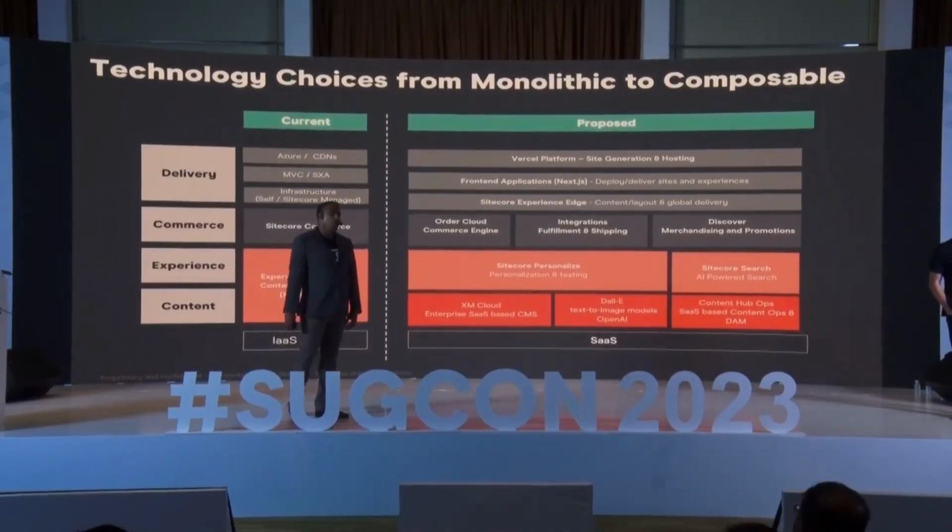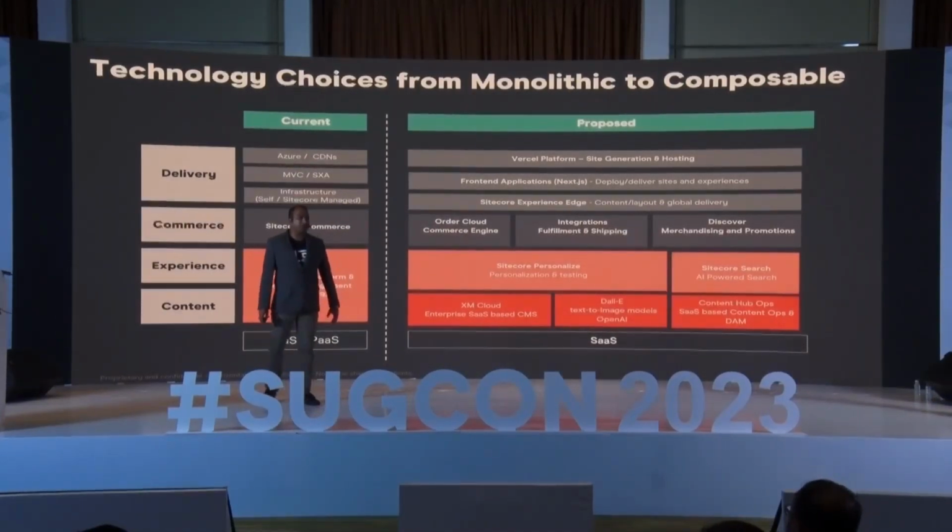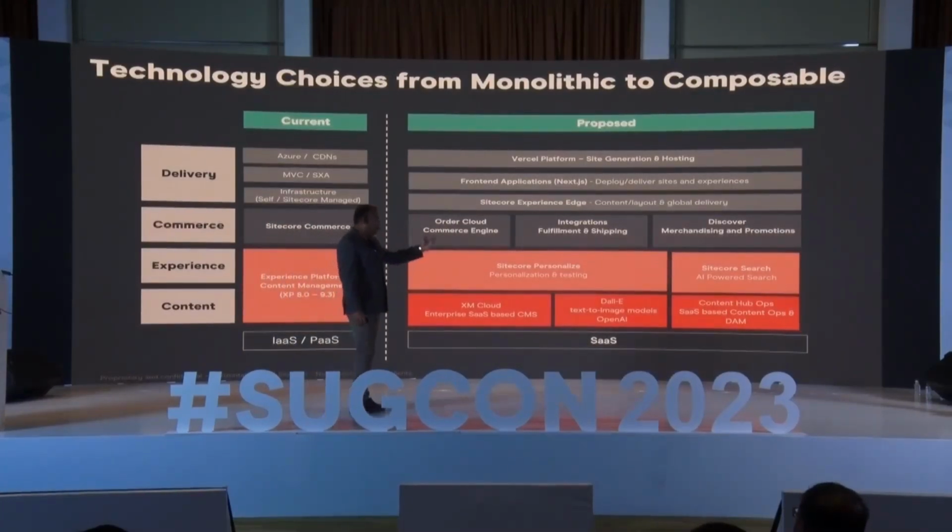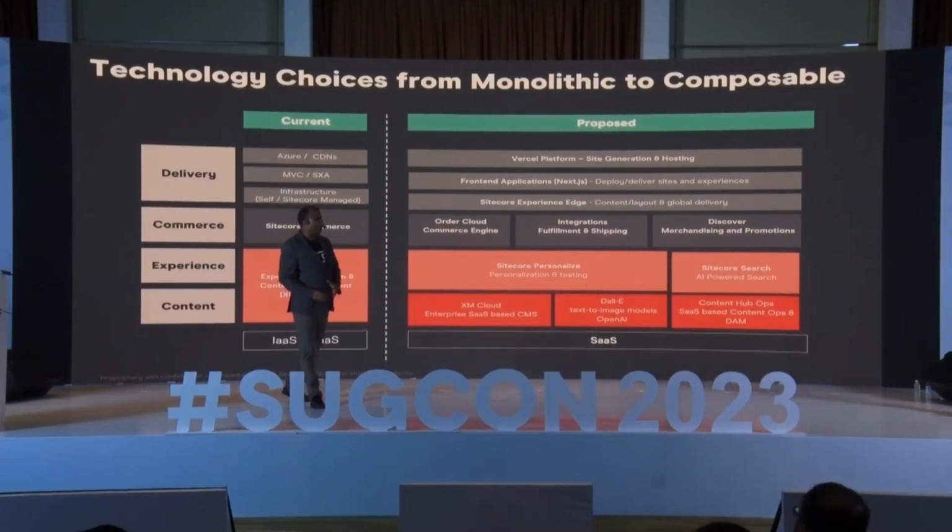We'll do personalization and use AI-powered search to help you search the best images so that you can create the best design. And then you have OrderCloud behind the scenes running the commerce layer, obviously with fulfillment and shipping. And then finally, we did use a little bit of Discover. And on the top layer, straightforward, Next.js, Vercel, Experience Edge forming that layer.